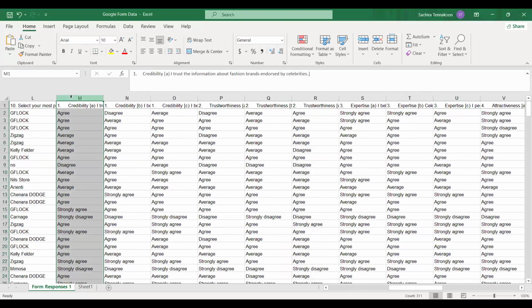But be mindful, because if you are using a 5-point Likert scale, the term agree is included in several terms. Disagree contains it, strongly disagree contains it, agree contains it, strongly agree contains it. So you have to be careful when you are replacing. Instead, you can write an if condition with all these options.